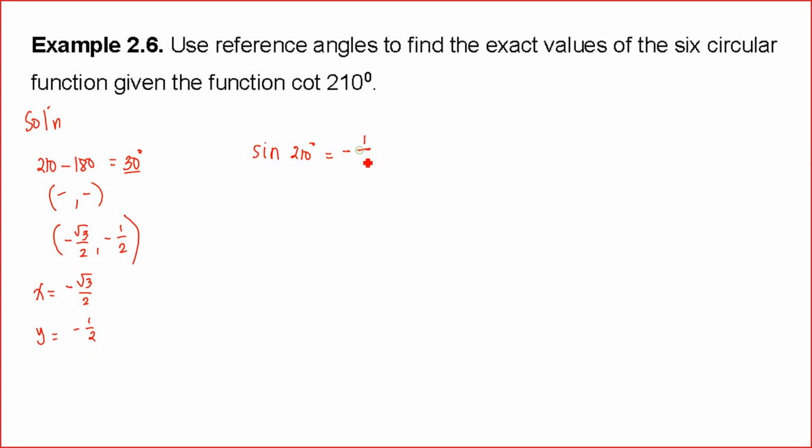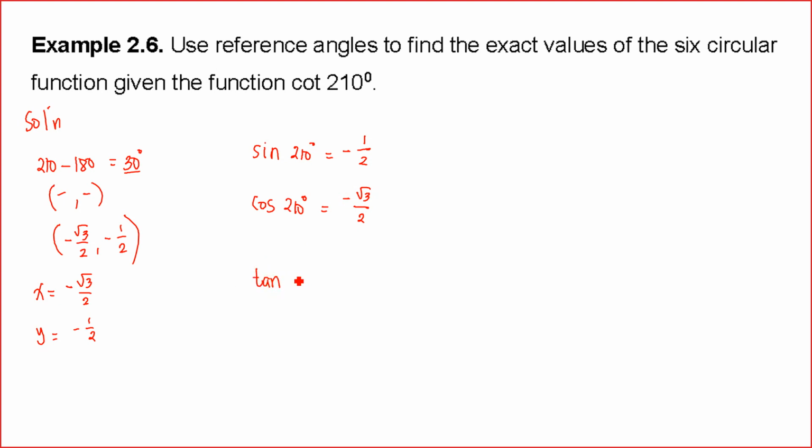If you have scientific calculators, you can actually check that the sine 210 is equal to negative 1/2 or negative 0.5. Okay. For the cosine 210 degrees, the exact value would be this one. So you have negative square root of 3 over 2. And for the tangent